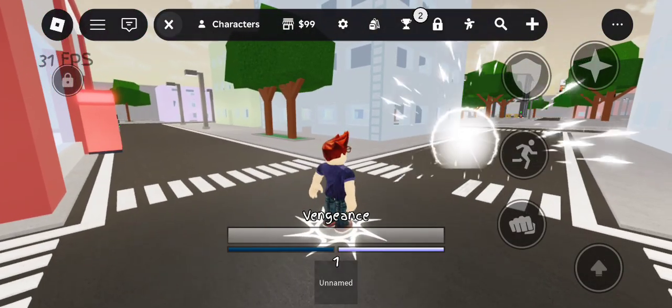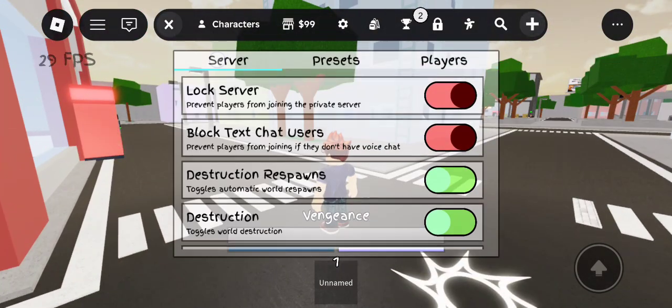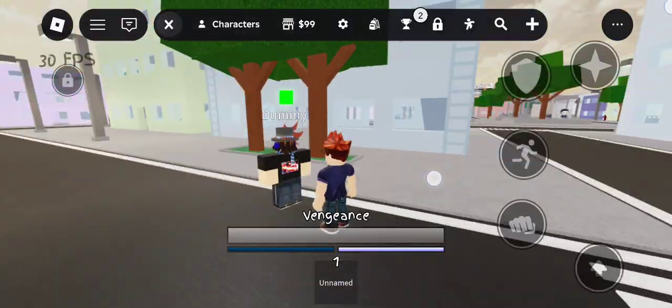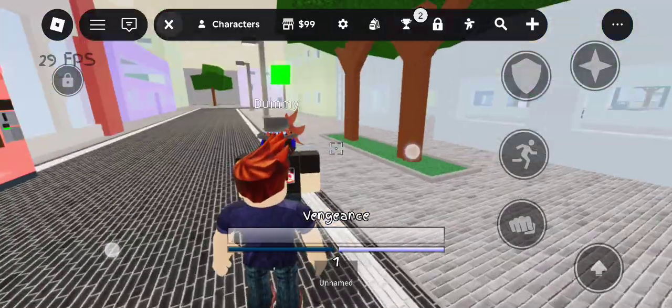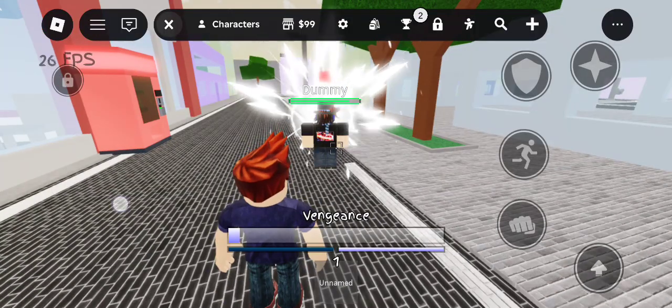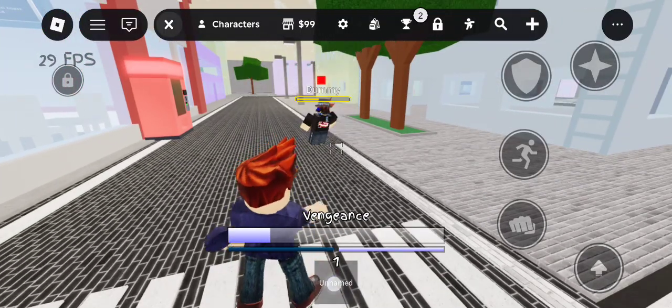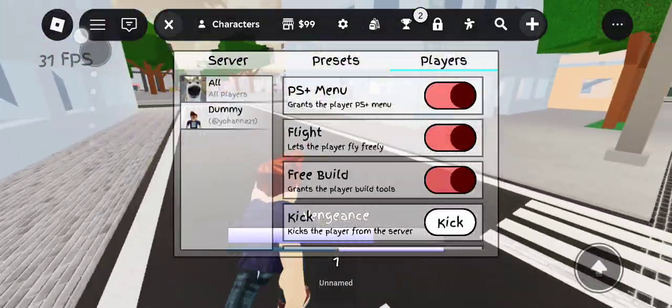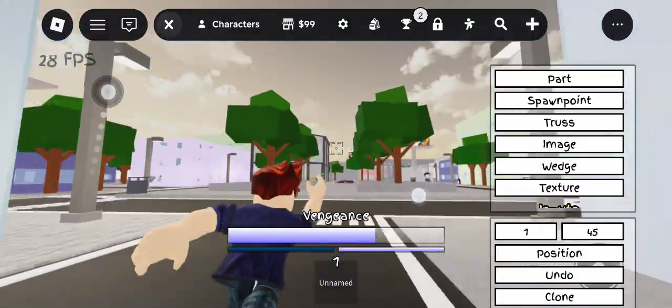Yes, it actually does damage if you see right here. Does damage. Yeah, that's how you use Project Alt.